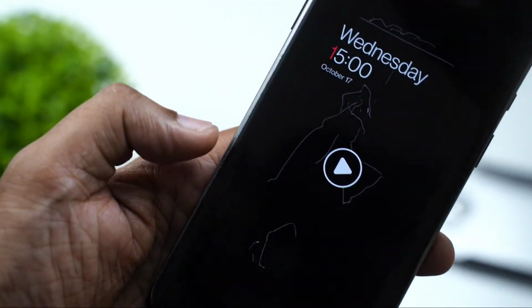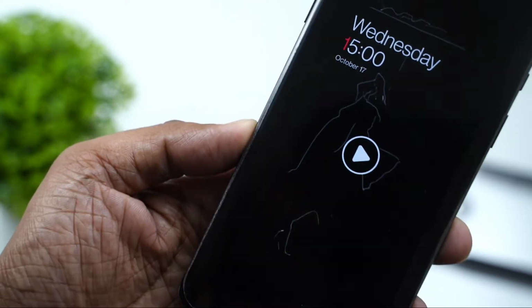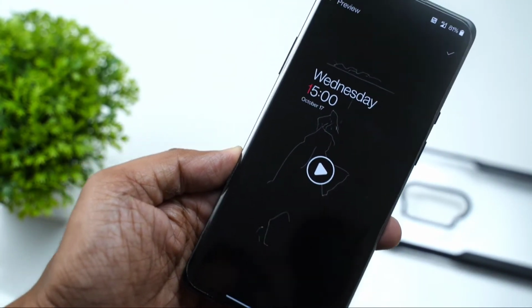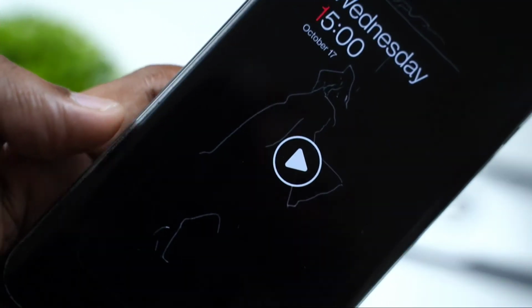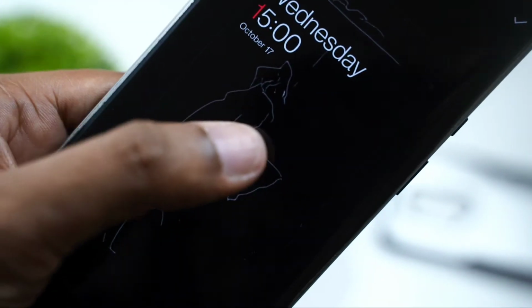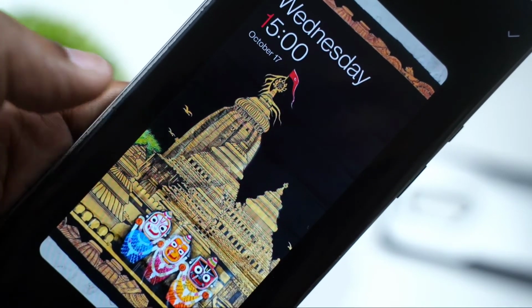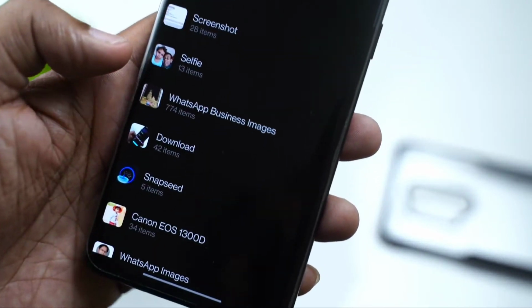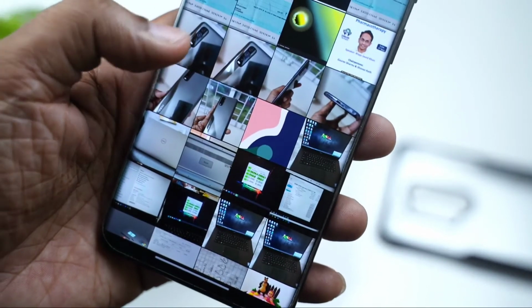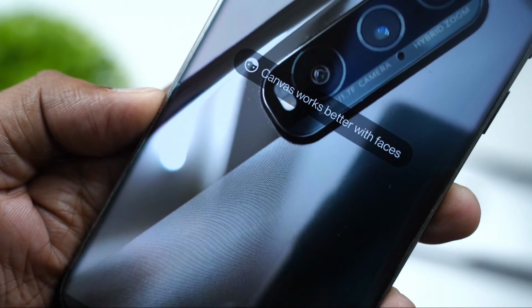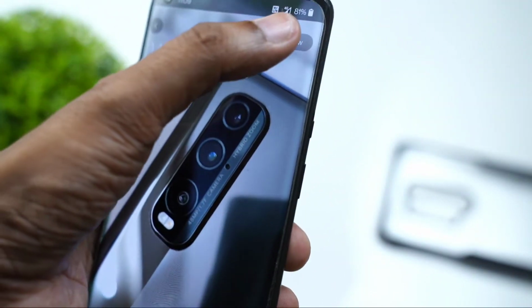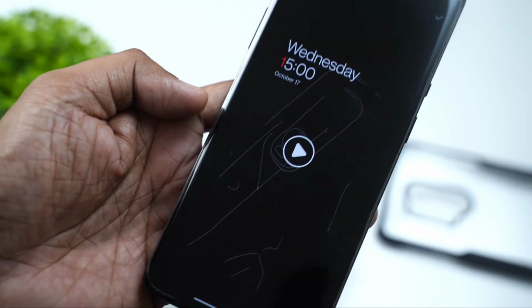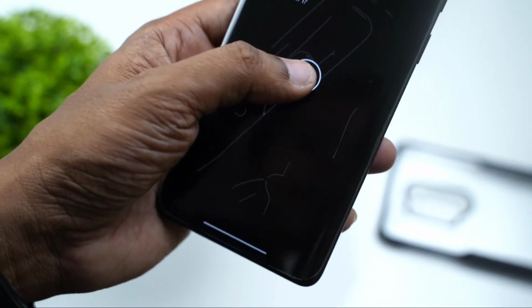So we will go back again, select one more. You can see there is basically no outline visible. I don't know whether we can see or not. So this is what has come out of that temple photo. I have selected this photo, and once you select any photos other than faces, you can see canvas works better with faces. Let me see if it can generate any kind of preview here. Yes, it has generated some kind of outline.